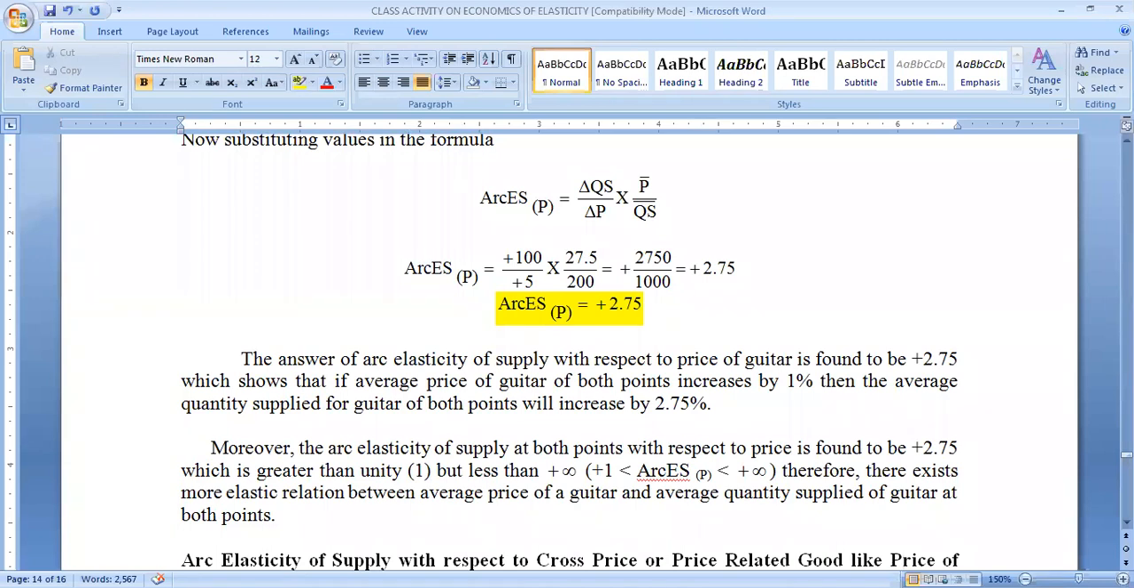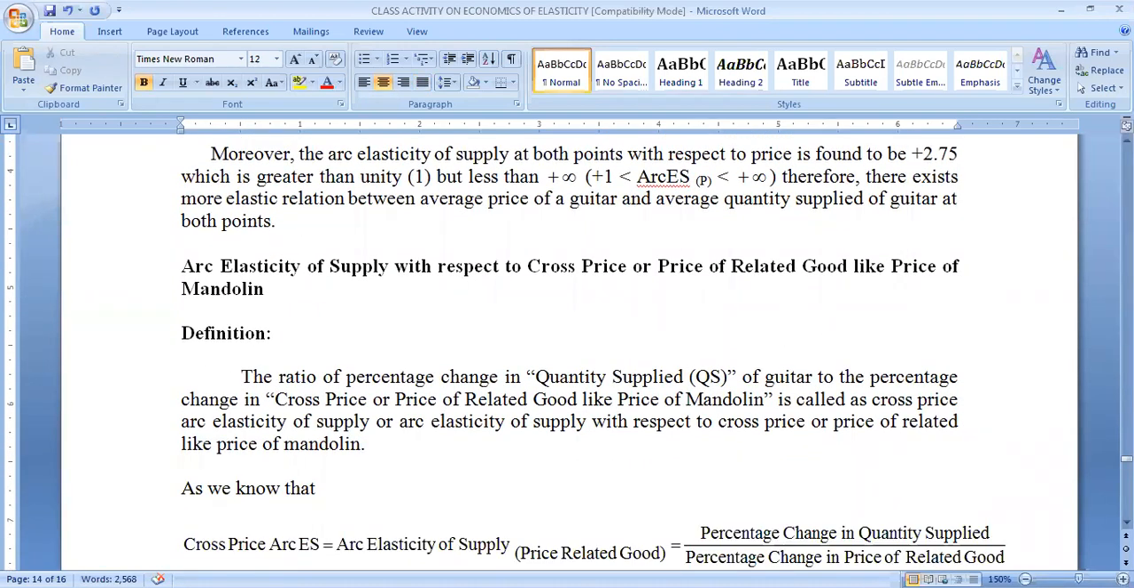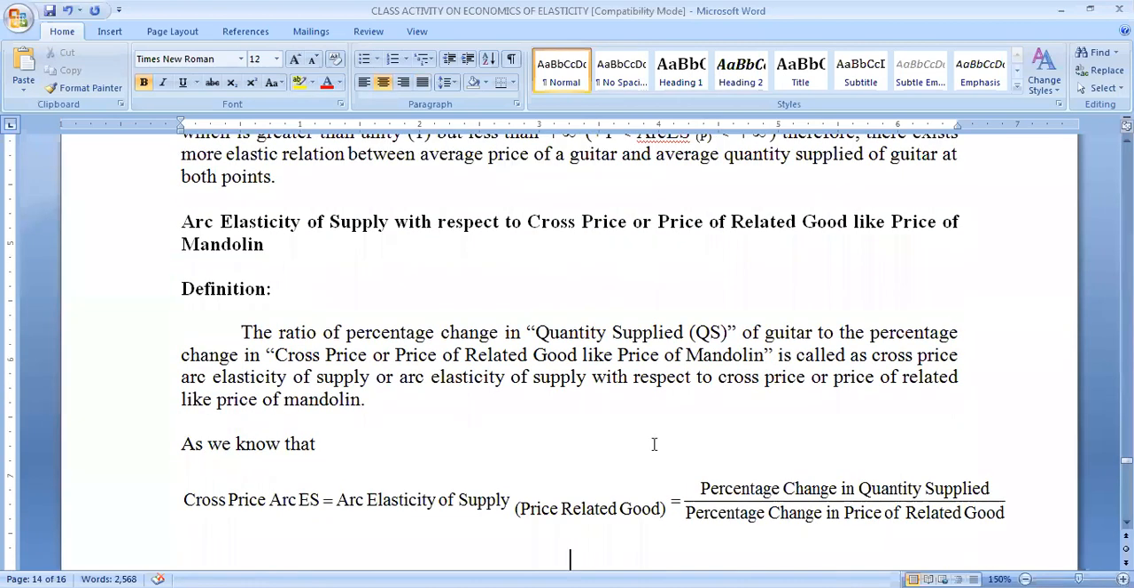Now let's move towards question number 10, which is finding out arc elasticity of supply with respect to cross price or price of related good, like price of medaline. Now, firstly, define arc elasticity of supply with respect to cross price. The ratio of percentage change in quantity supplied of guitar to the percentage change in cross price or price of related good like price of medaline is called as